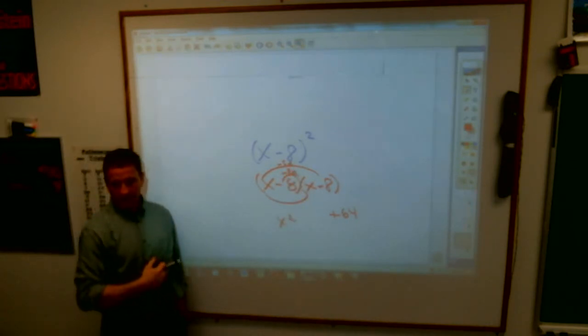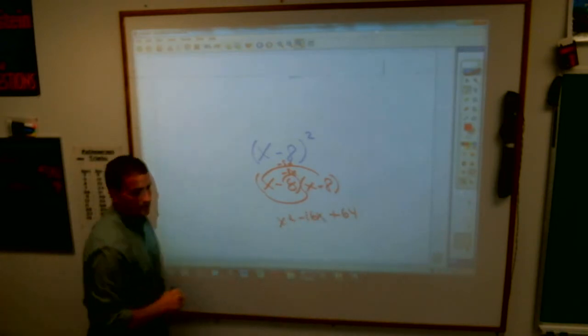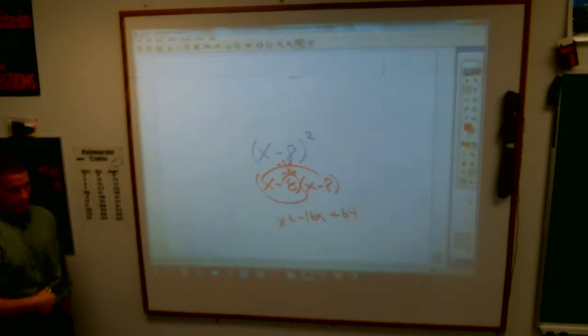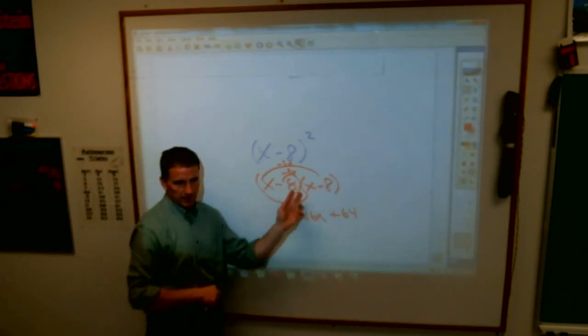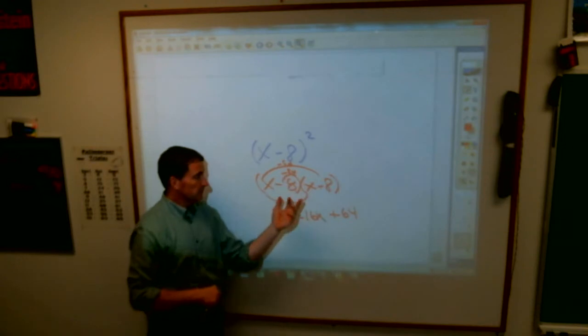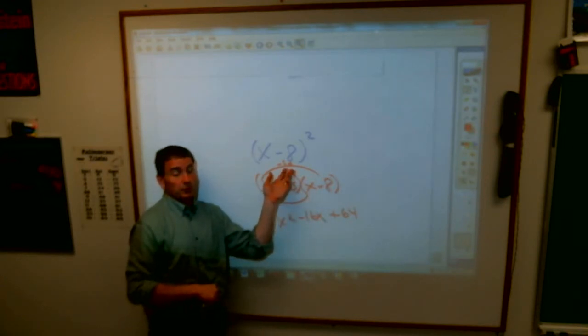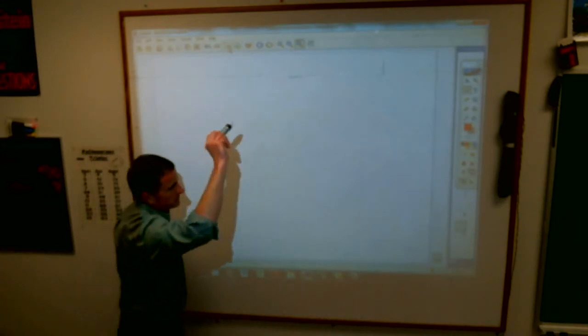Negative 8x and negative 8x is? Why would multiplying two negative 8s make positive 64 but two negative 8x? Because when you multiply two negatives, you get a positive, but the other one is adding. This is adding. This was multiplying. Multiplying two negatives gives you a positive. Adding two negatives gives you a bigger negative. Got that? Now, just so you can kind of see this a little bit,